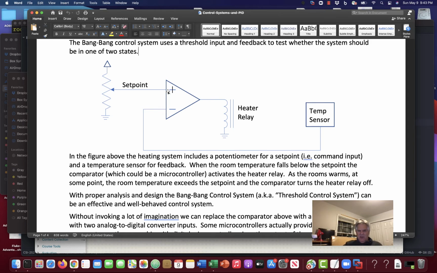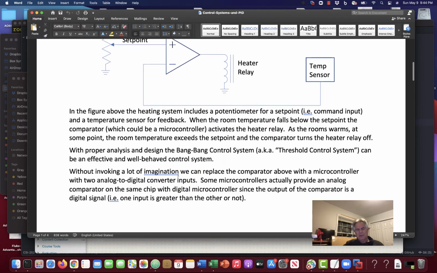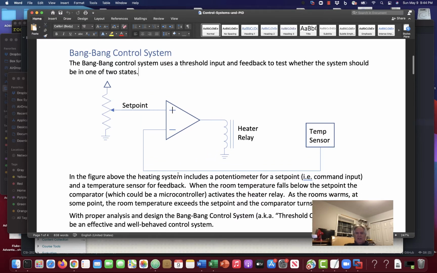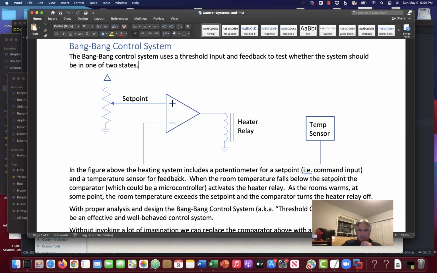The system will turn on when it considers the need serious enough to turn it on or go to one state, and it will go to the other state when it considers the need serious enough to go to the other state, but it'll create a little distance in between the two. Again, that's called hysteresis. And I don't have it in this document, but you can look it up. It's a concept. You see, it can be provided in